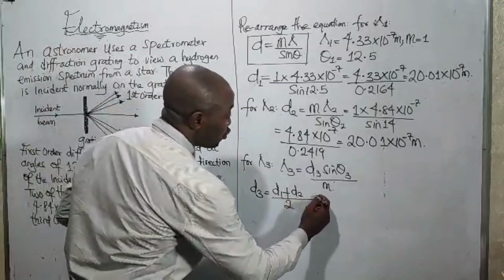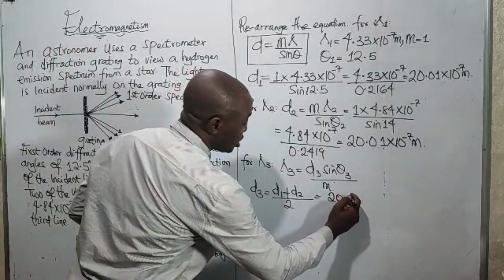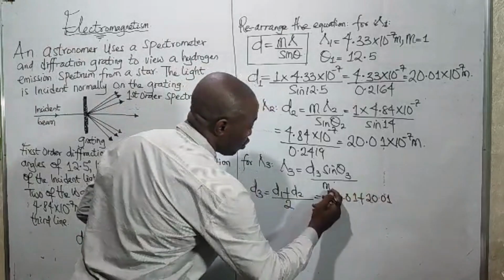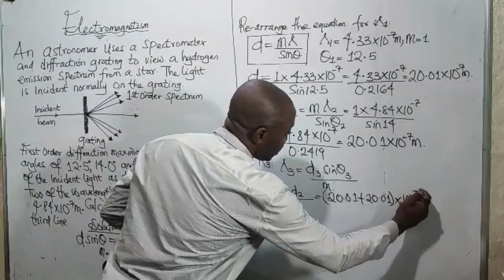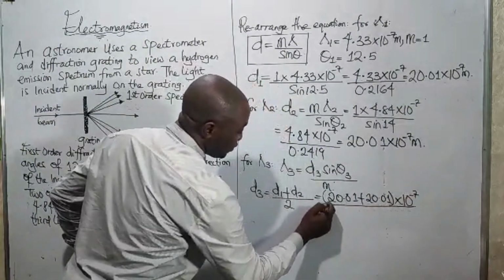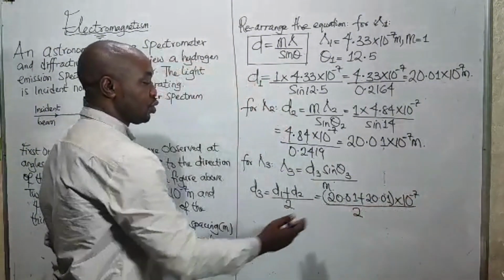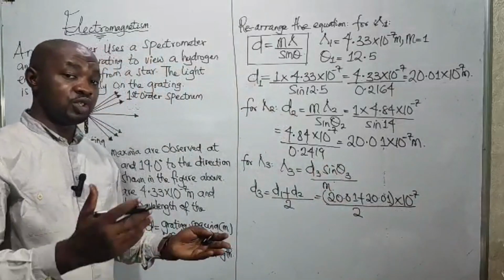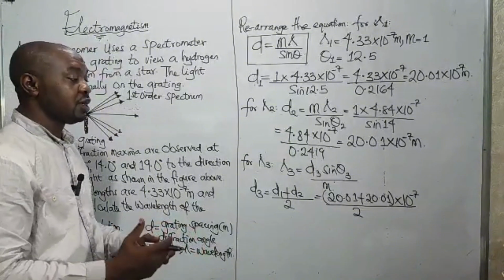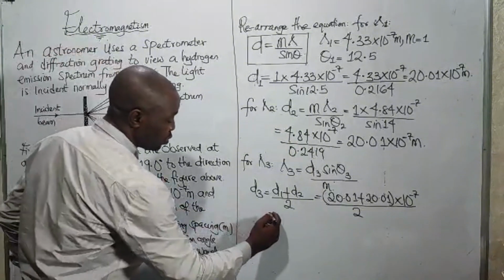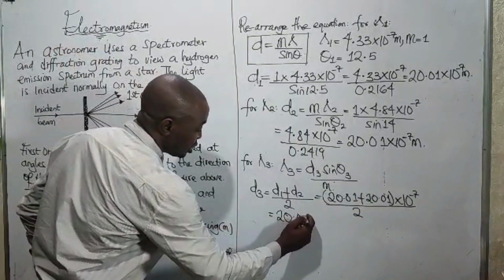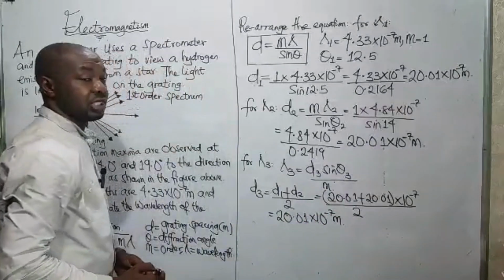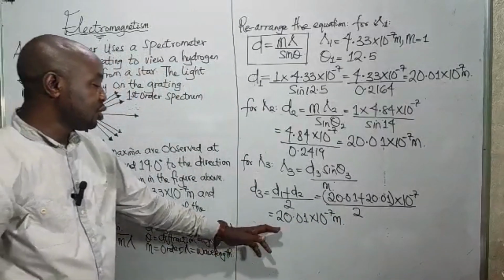So that would be 20.01 plus 20.01, then we multiply that by 10 raised to the power of negative 7, then we divide it by 2. When we add this up, we're going to have 40.02, which when we divide by 2, we're going to have 20.01. So this will be 20.01 multiplied by 10 raised to the power of minus 7 meters, which is the unit of the